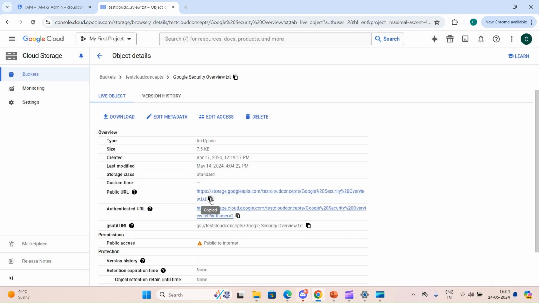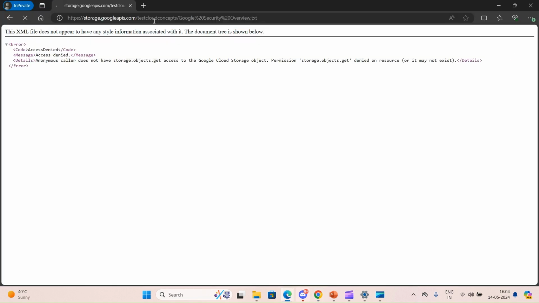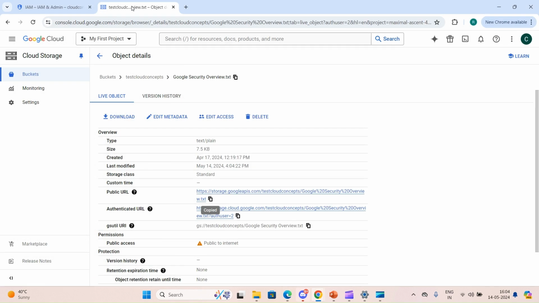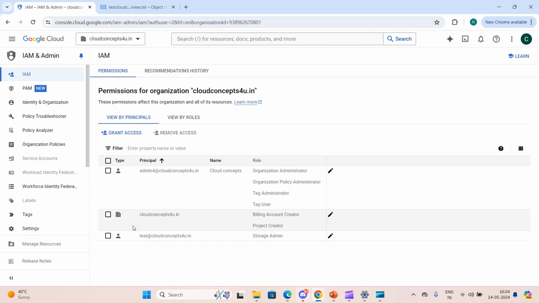So now if we click on the public URL, we can see it is providing all the information inside that specific file. So like that we can use the authenticated and all users options. It is not available to all services, but only to specific services which provide this functionality. So in this video, we have seen all the options for how we can grant access to